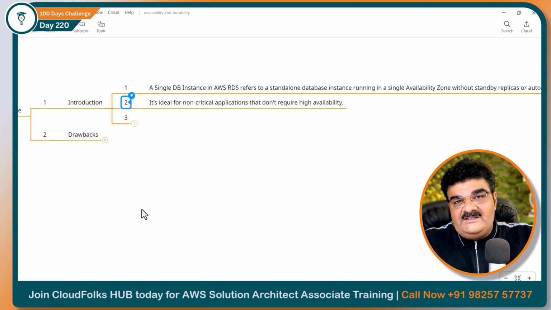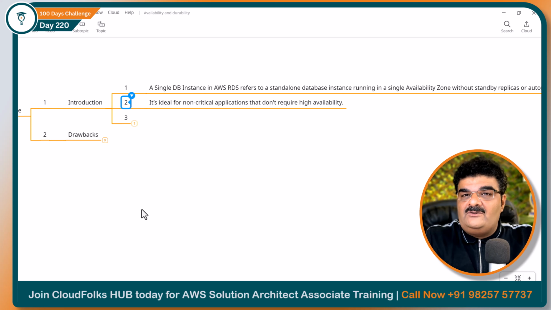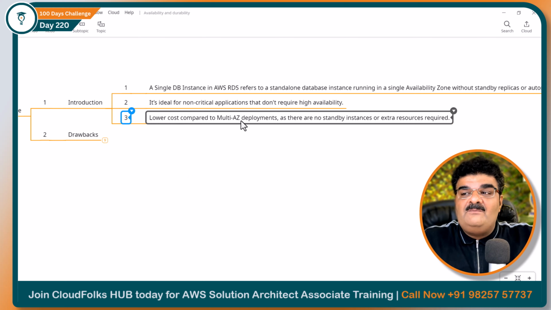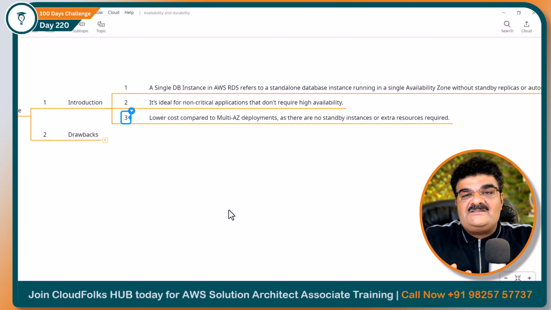the DB instance in any one availability zone. Now, if there is a problem in the database or if this availability zone goes down, it will directly affect your application. One advantage we can mention is that it has lower cost compared to multi-AZ deployments, as there is no standby instance and no extra resources are required. It is just creating a single database instance in one availability zone. So we are not going to pay any extra money, but yes, there is a compromise with high